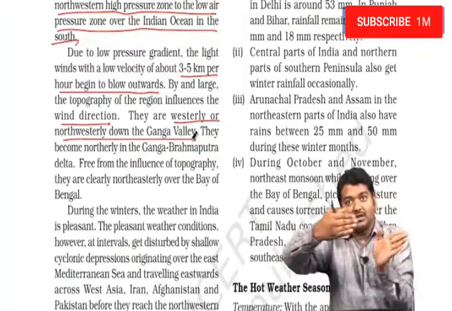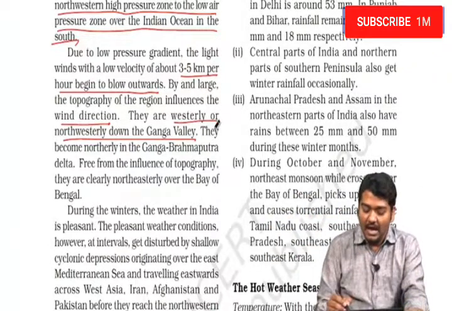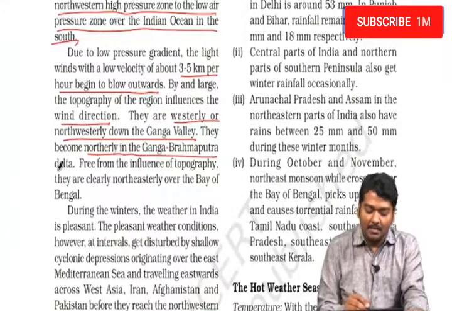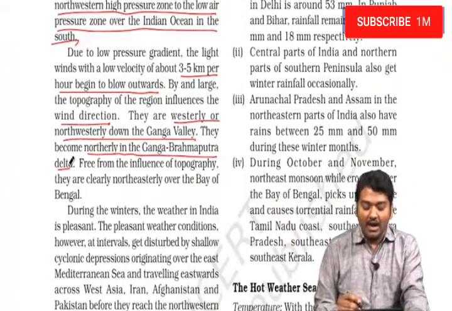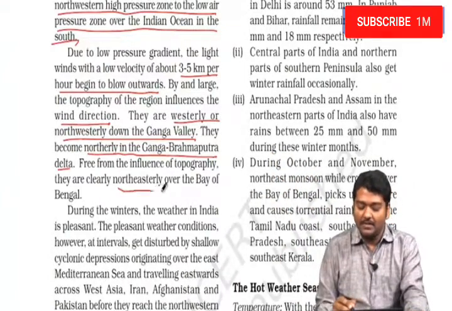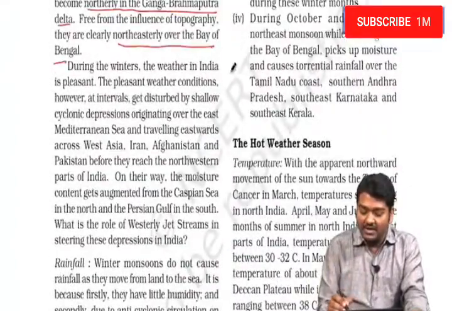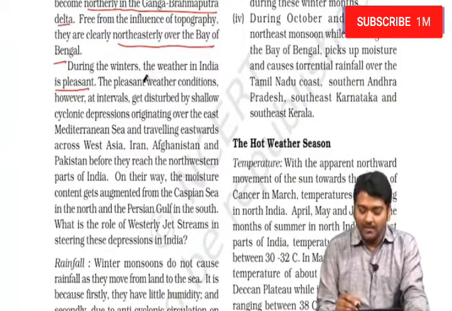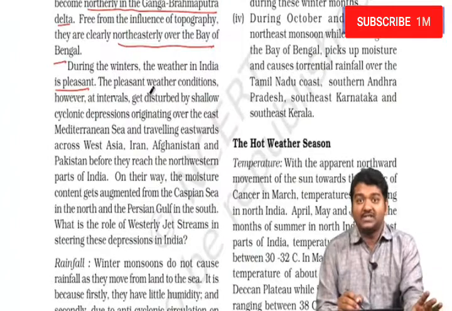When it is moving on the Ganga plain, it will be seen as westerly or northwesterly and become northerly in the Ganga-Brahmaputra delta, because it goes and hits the Arunachal Pradesh region and all, and wherever it is not there, they become northeasterly. Correct? And during the winters, the weather in India is pleasant. The pleasant weather conditions, however, have intervals which may be disturbed by